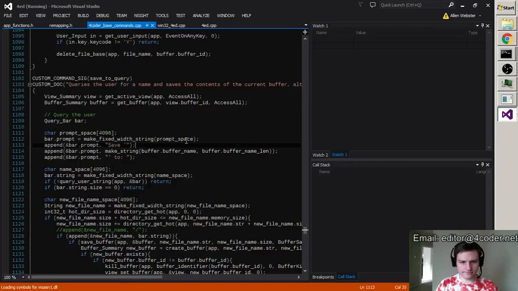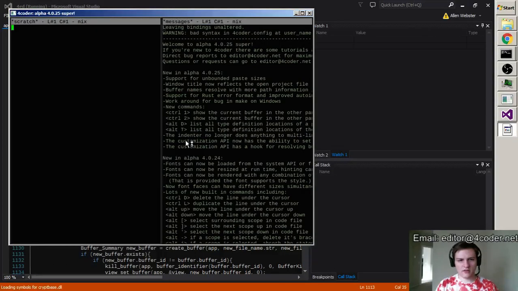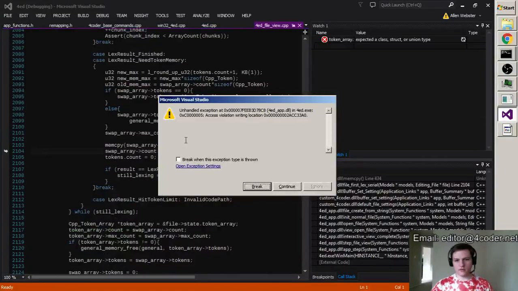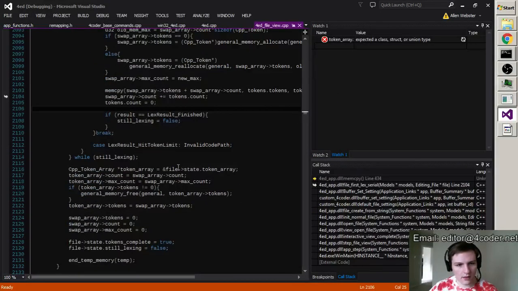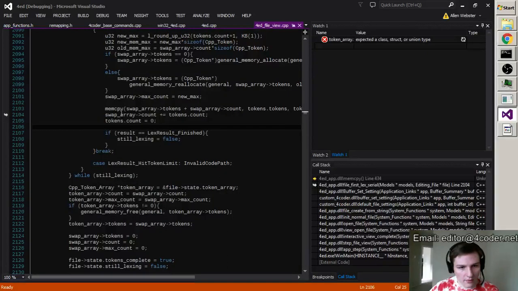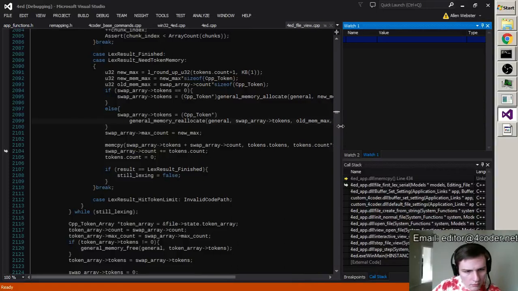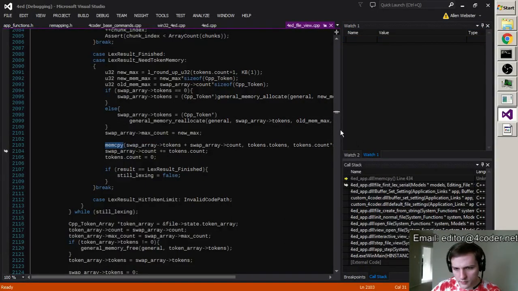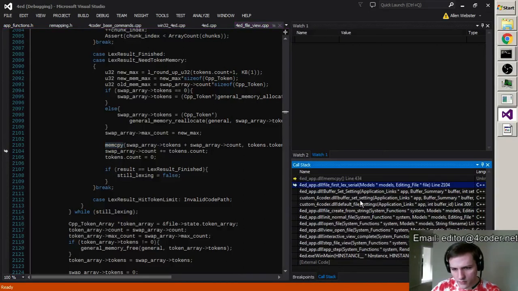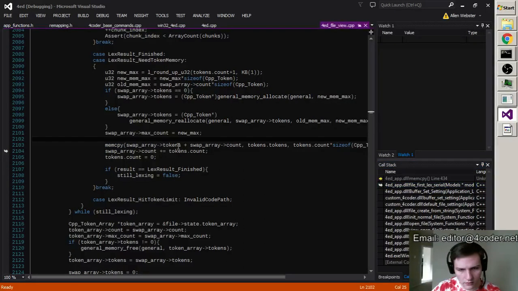Let's see. If I'm understanding correctly, it just should be a matter of loading the file. Hey, great, we can reproduce this one, like I was hoping. So what's happening here is interesting looking. It's in the mem copy. First Lex serial tokens. Token array count. Wow. Yeah. So this looks like it's about